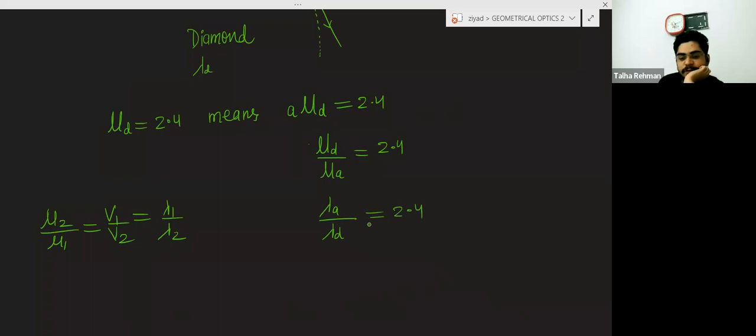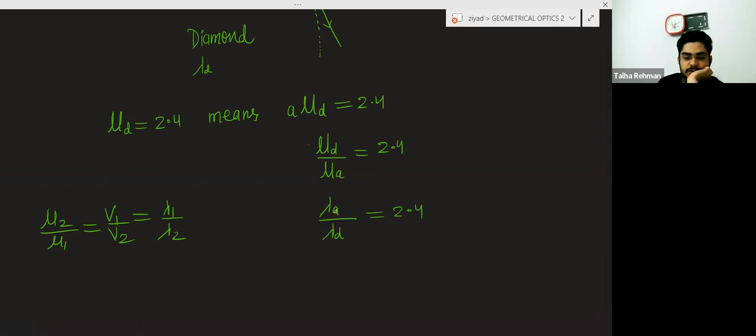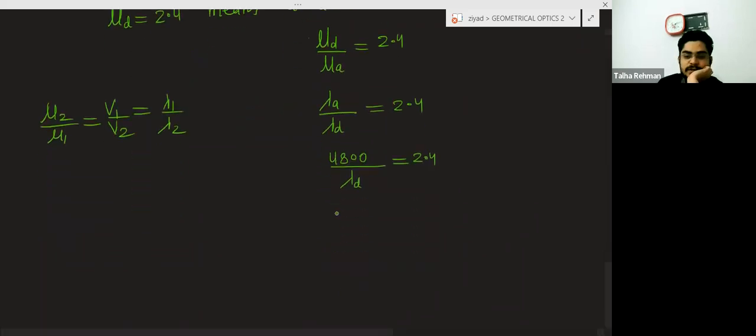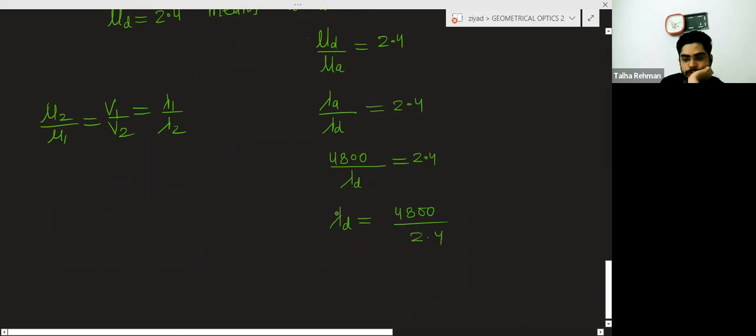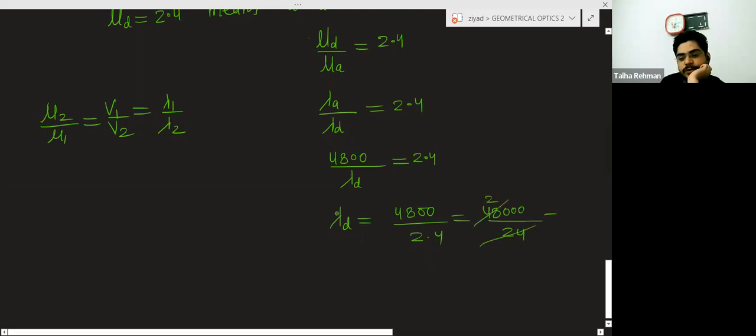So now the wavelength in air is given. Wavelength of light in air is given as 4800 angstrom. So the wavelength of light in diamond we have to find. We can find it easily. Wavelength of light in diamond is equal to 4800 divided by 2.4. So can you solve it? When you remove the point, it will become 48000, and here will be 24. So when you cancel it out, it will become 2000